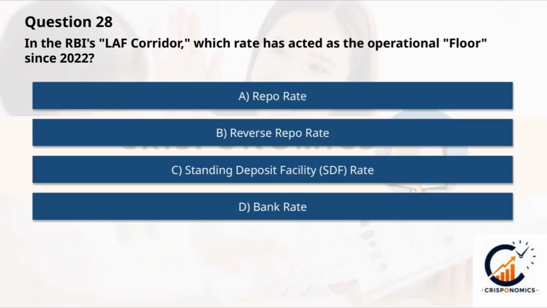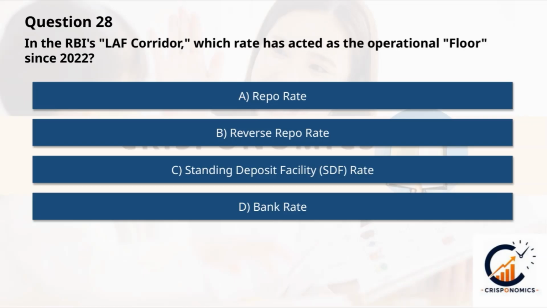Let's talk about the RBI's Liquidity Adjustment Facility, or LAF corridor. It uses several key interest rates to manage liquidity: the repo rate, reverse repo rate, standing deposit facility rate, and the bank rate. Since 2022, one of these has served as the operational floor, meaning it sets the lowest boundary for short-term interest rates. Understanding which rate plays this role helps us grasp how the RBI controls money flow and